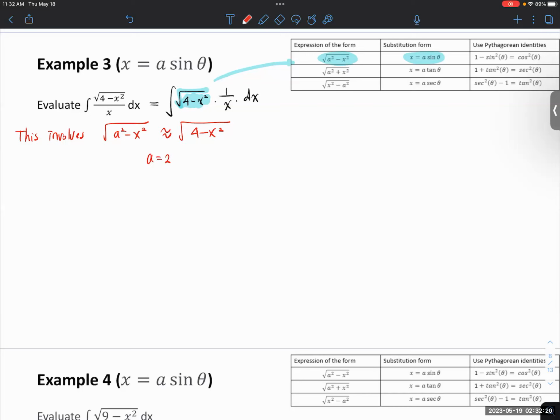Because 2 times 2 is 4. And then this is x times x. So x will be 2 times the sine theta. So you can find out those are 2 pieces of information. But here, let's say,